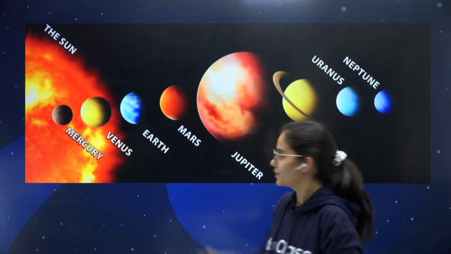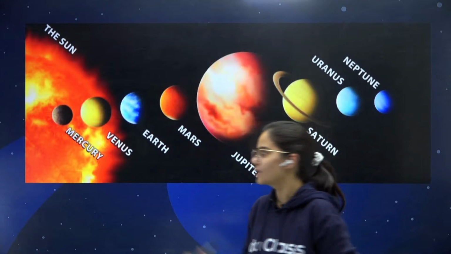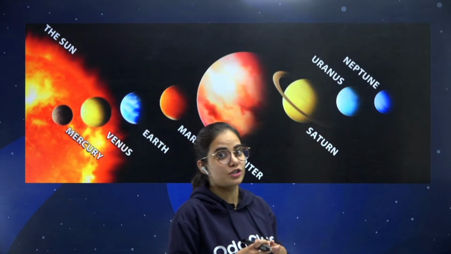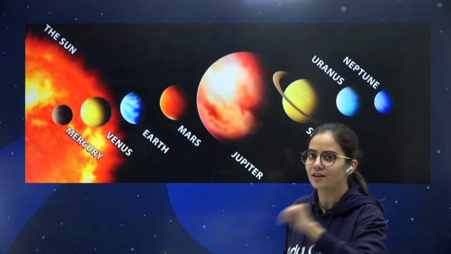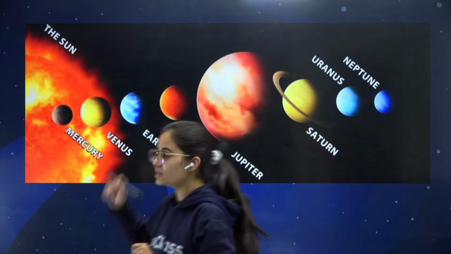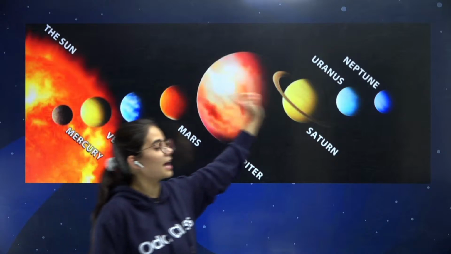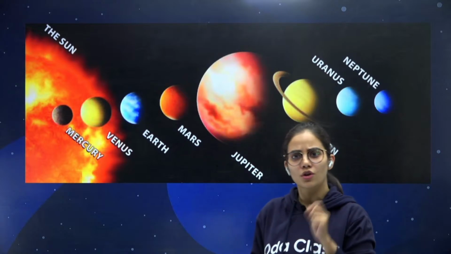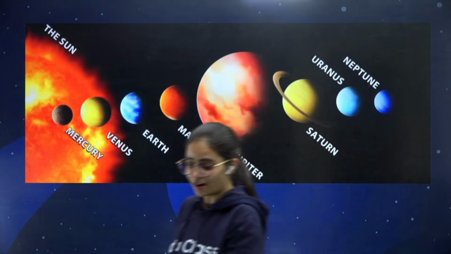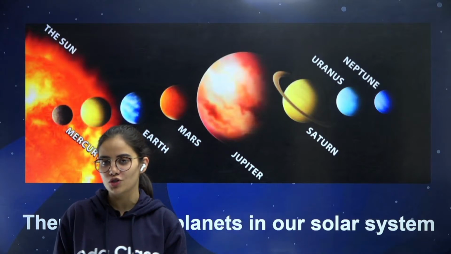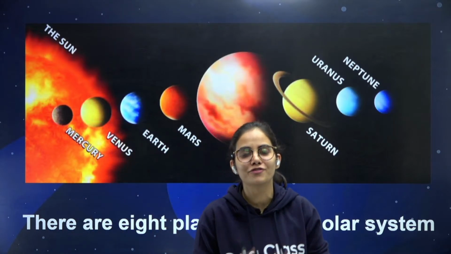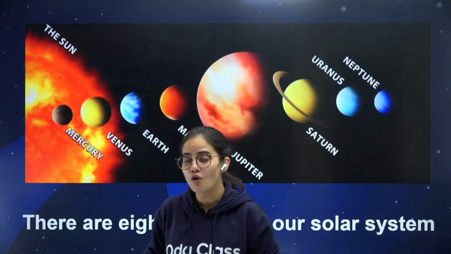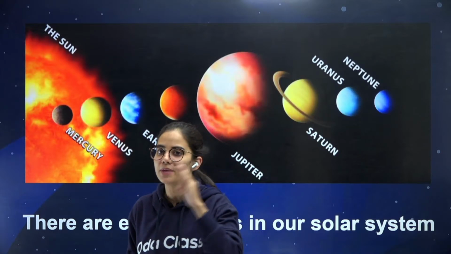So if I ask you which one is closest to the sun, you will definitely say it's Mercury. That's good. But if I ask you which one is the farthest from the sun, what will be your answer? Definitely, you will see the distance, and according to the distance, the answer should be Neptune, right? So, kids, it's very important for us not only to remember that there are 8 planets in our solar system, but it's also very important to understand the names of all the planets and to remember them in the right order.